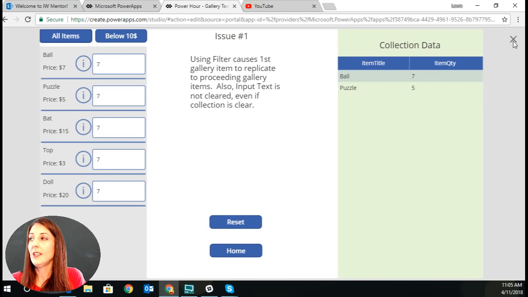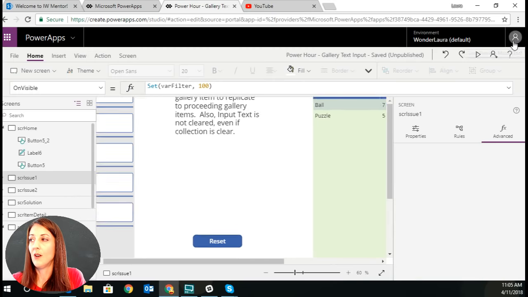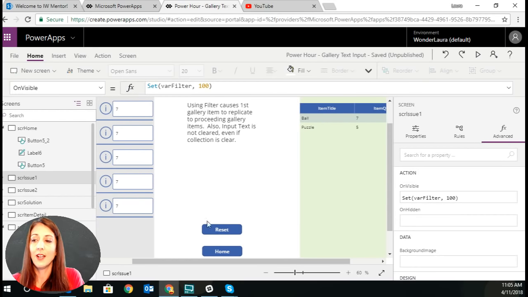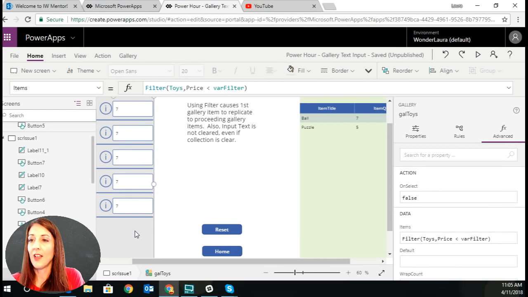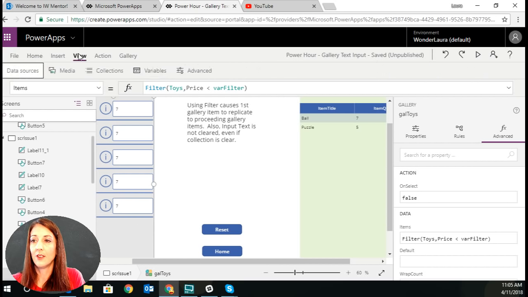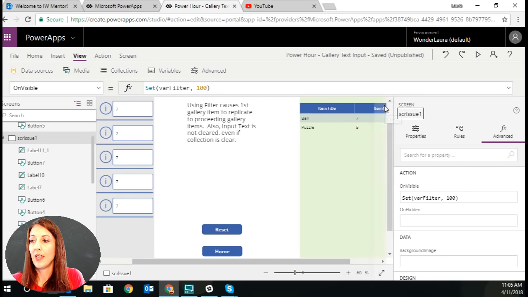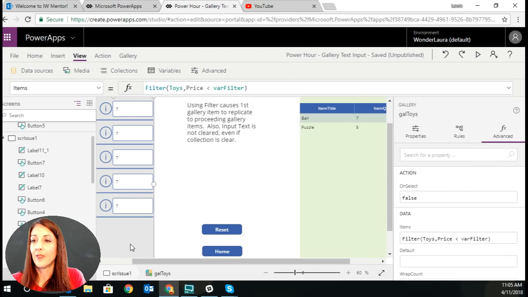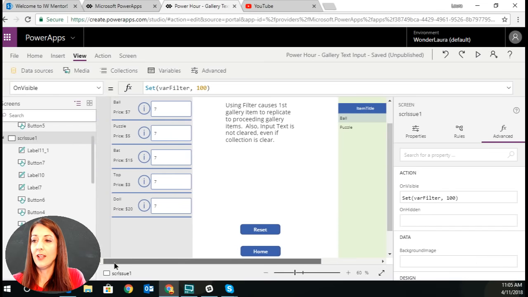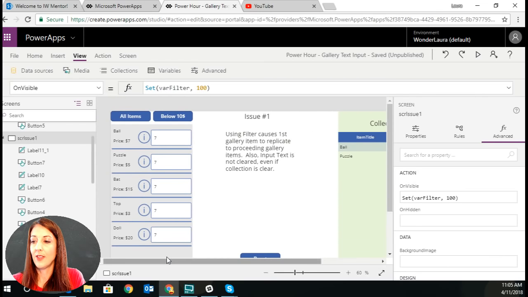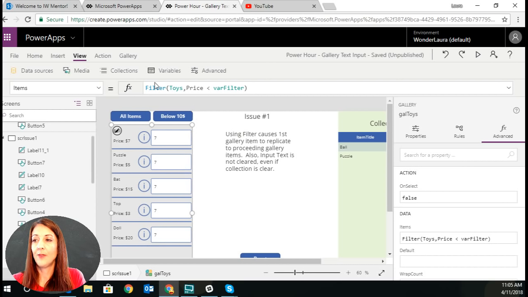So let's dig into some of the moving parts in here and how this works. First of all, the gallery: this is a SharePoint list called toys. I'll go view my data sources, and it's just toys, pretty simple. And so this is a gallery right here, this gray thing, that is filtering the SharePoint list called toys by